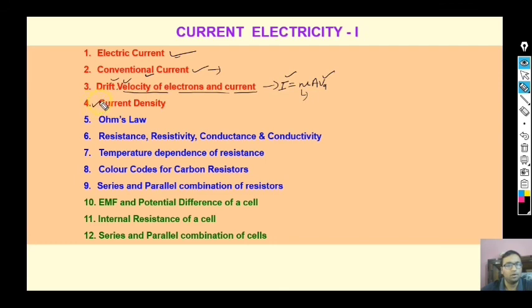Then we learned current density, that is current flowing through a unit area. This area should be perpendicular. After that, in the next lecture we will understand Ohm's law, then these formulas like resistance, resistivity, conductance,